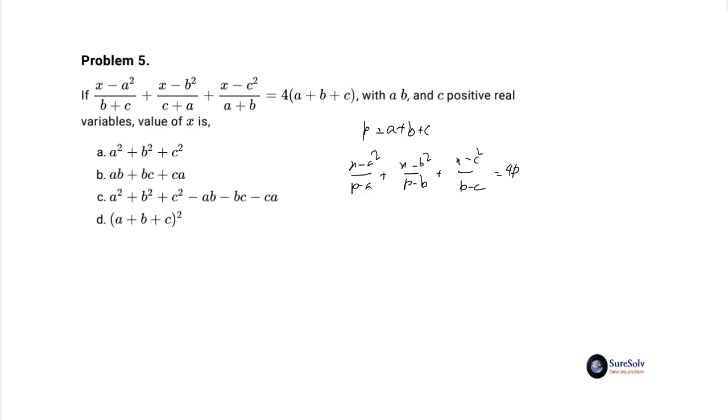You now discover the key pattern that if you subtract p plus a from the first term, p plus b from the second, and p plus c from the third, all numerators will become equal to (x minus p) square. You look at the RHS value of 4p and easily find that you can express it as 4p equal to 3p plus a plus b plus c, equal to p plus a plus p plus b plus p plus c.